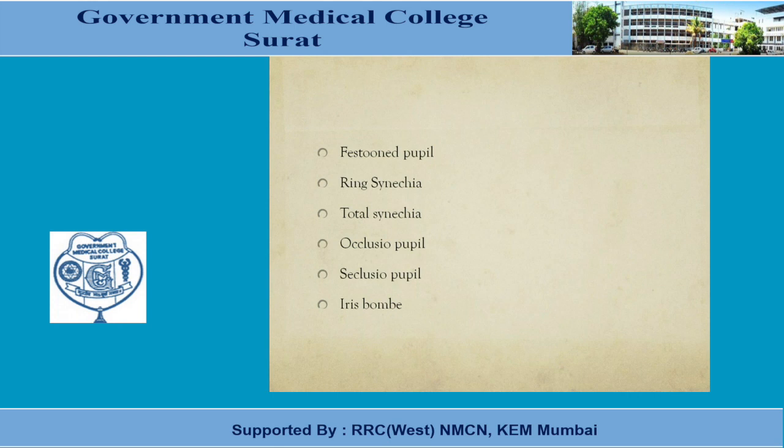Now, with an inflammatory material here, we will call it occlusio pupillae. But when there is an inflammatory material or a membrane in the pupil, we will call it seclusio pupillae. Just remember the sequelae from ciliary congestion to keratic precipitates to Tyndall phenomenon or aqueous flare to posterior synechia, ring synechia, total synechia, occlusio pupillae, seclusio pupillae, secondary glaucoma. I wish you all understand. Are you all with me?